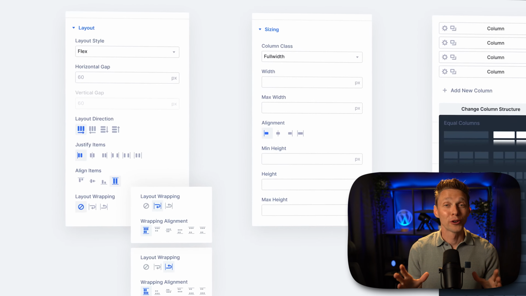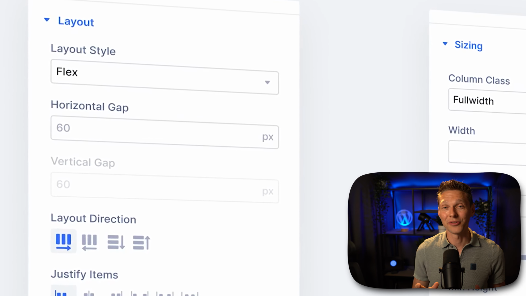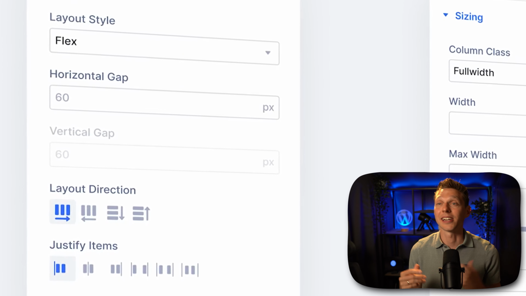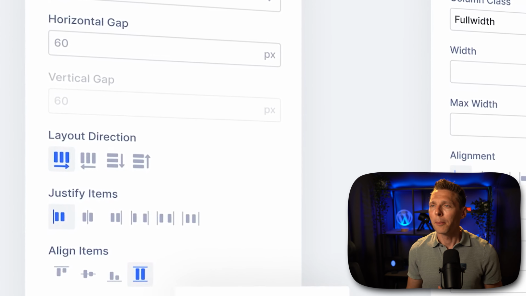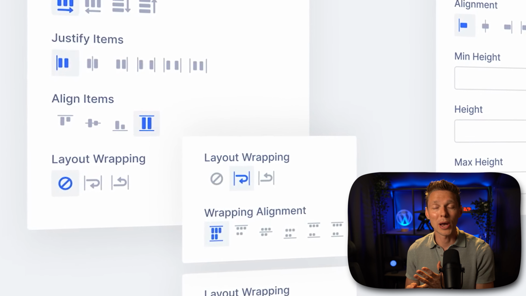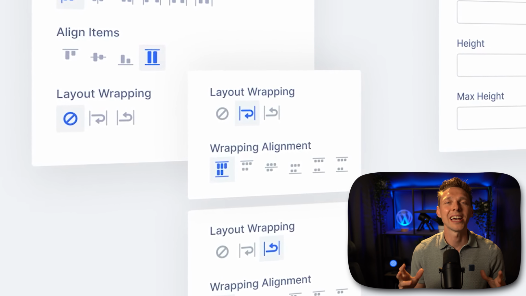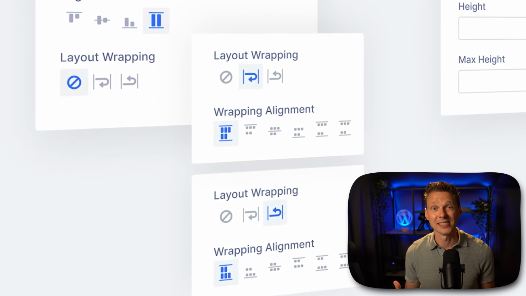Let's start with the first big update. Yes, Flexbox is coming to Divi 5. I can't show it to you just yet, unlike some of the other features inside of this video, but it's definitely on the way. And that means full control of direction, alignment, justification, wrapping, you name it. It's a game changer and I personally can't wait for it to launch, and I almost say finally it's here